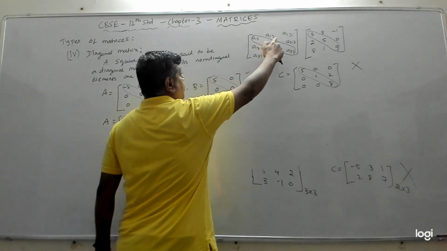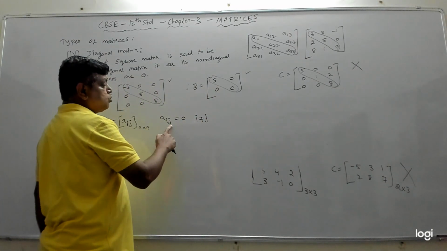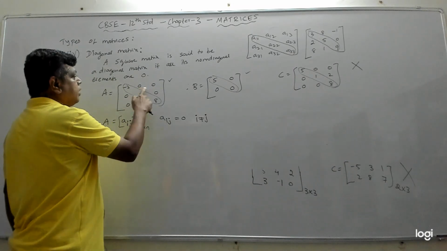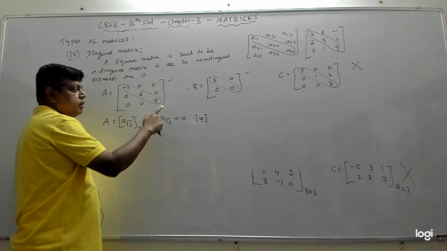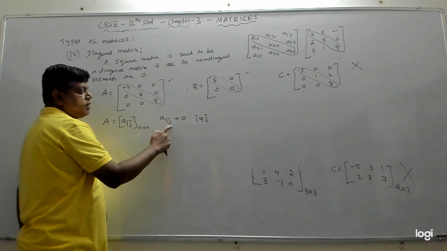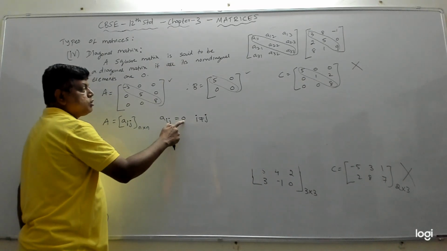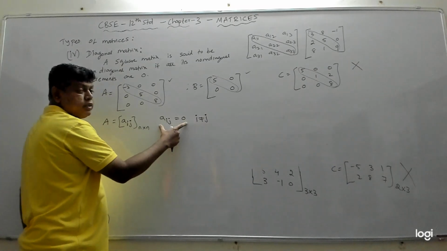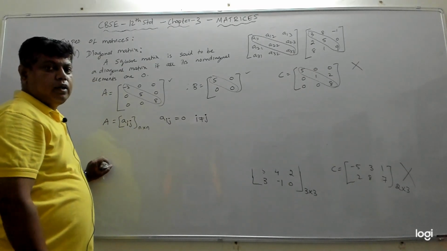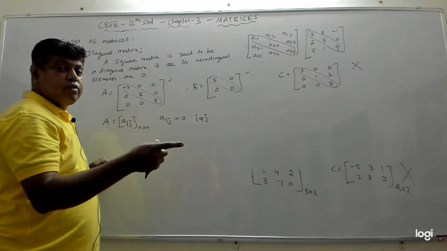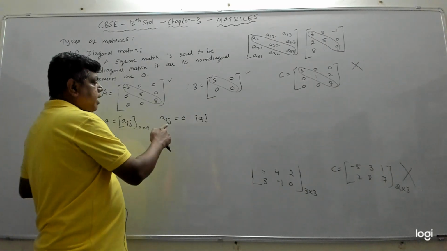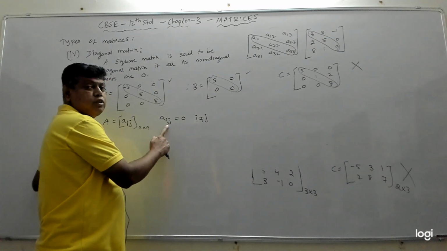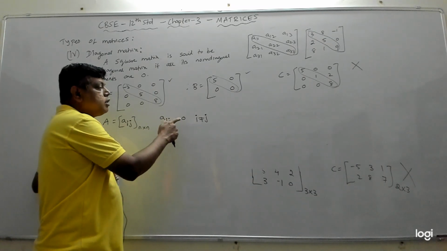So that is the diagonal element. If I take A12, i is 1, j is 2, so it is not a diagonal element, which means that should be 0. If you take A13, i is 1, j is 3, i is not equal to j, and it should be 0. Yes, it is 0. So whenever i is not equal to j, those represent the non-diagonal elements, and whenever i equals j, it represents diagonal elements. So when I say Aij equal to 0 when i is not equal to j, it means that non-diagonal elements should be 0.